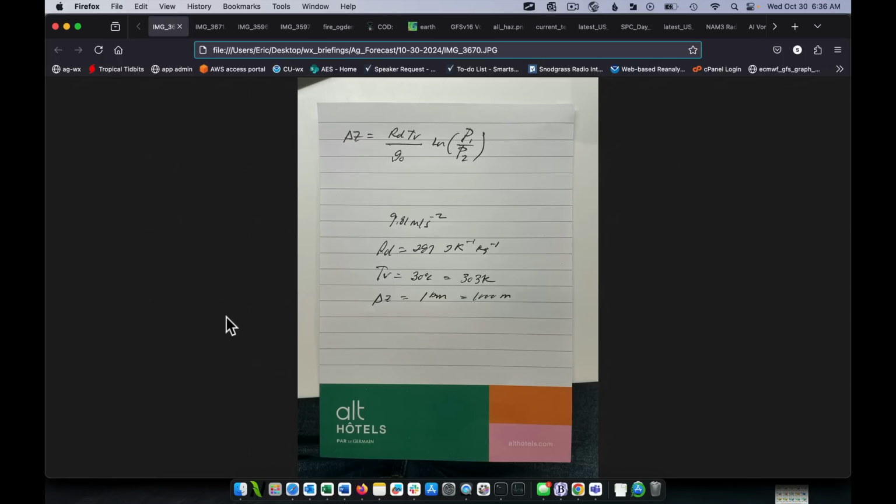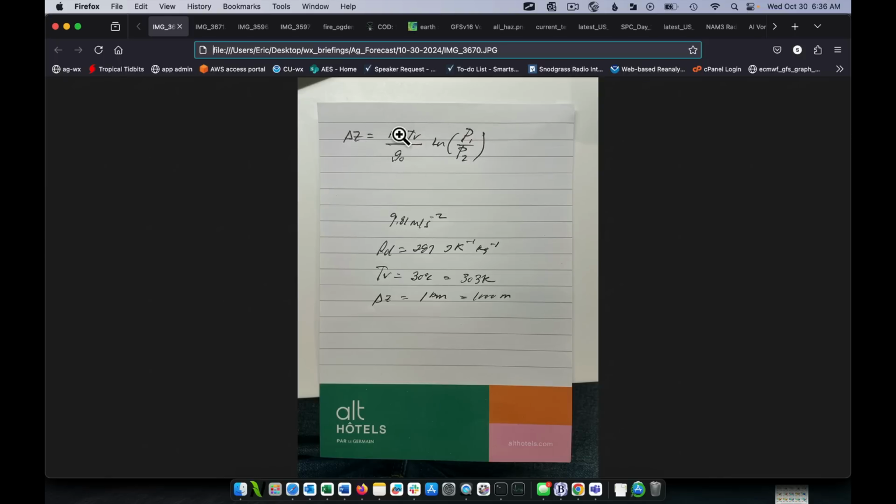So you've been staring at this same image. This is the hotel I'm at here in Saskatoon, called Alt Hotel. And I just decided to pull out an equation I used to teach my students at university. It's an equation of first importance, a fundamental equation that we teach early in atmospheric science called the hypsometric equation. And it's simply this. There's a relationship between the pressure between any two layers in the atmosphere, P1 and P2, and their thickness, that's a change in altitude. And it's related to a constant, which is this series of variables here.